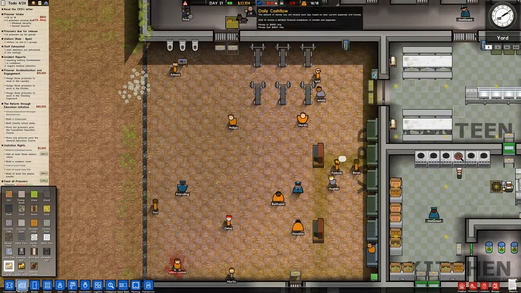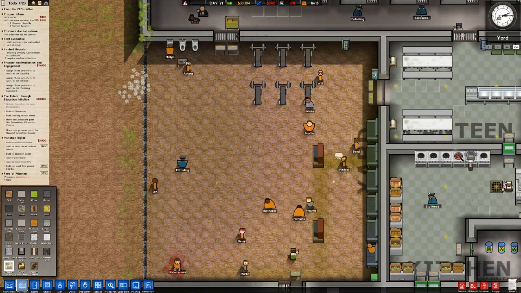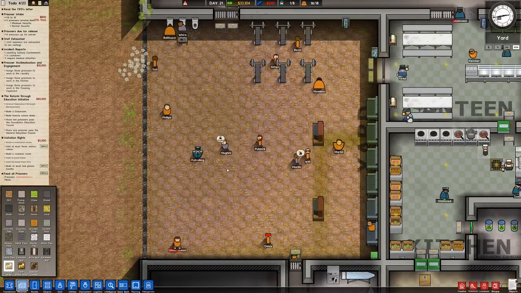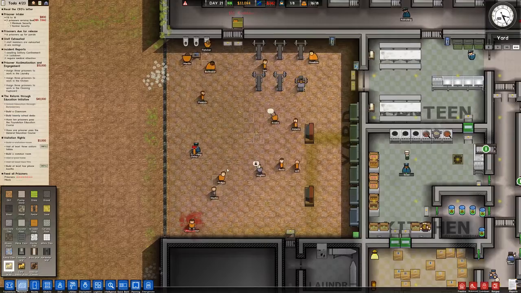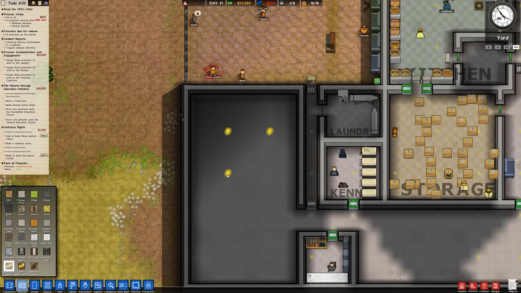How did this go super negative? Staff wages, food, administrator wages, guard wages, workman wages. Did I lose something because someone escaped? I mean, ultimately that's fair if that's what happened, but...